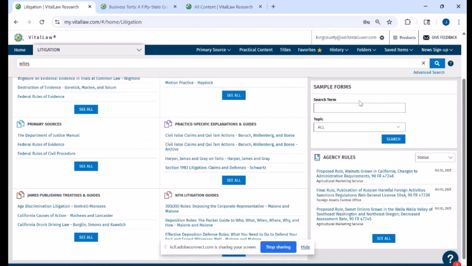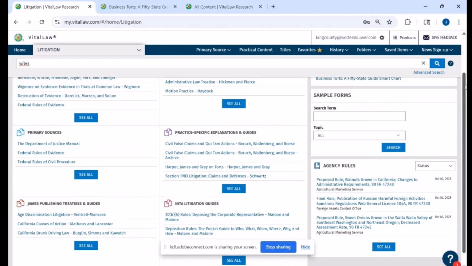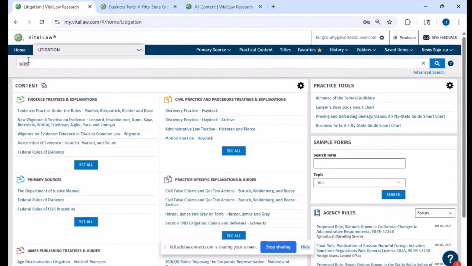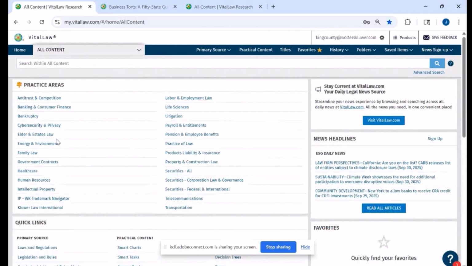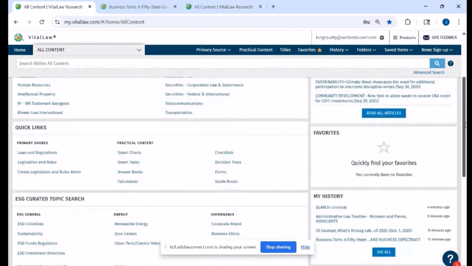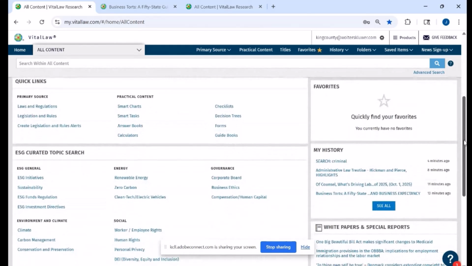Yeah, so the sample forms that you see off here to the right-hand side, those are typically template format, so you can download them and install whatever language that you need. If you're on that home page again and you've got all content chosen, you can come down to the quick links that are in the center of the screen, and you can go to forms,